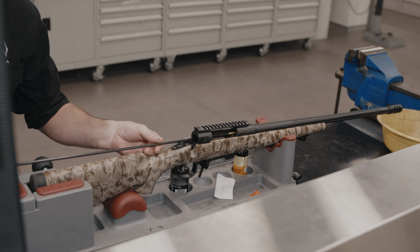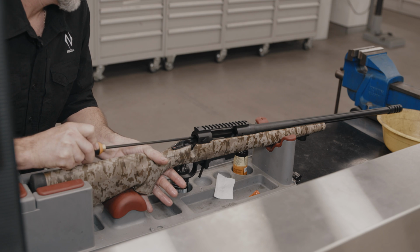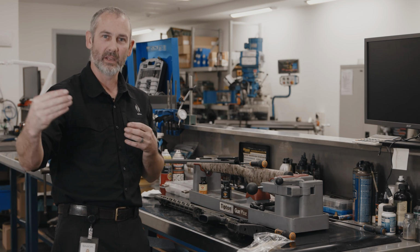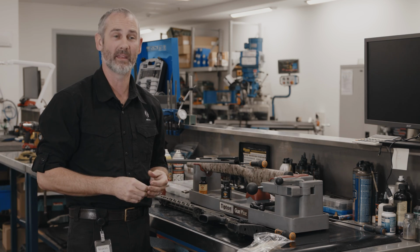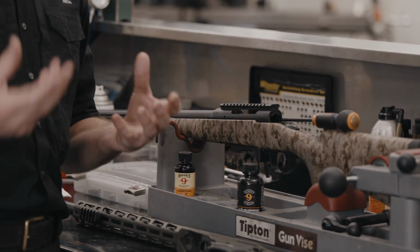From the chamber end, we push that patch through. So we only want to take these patches one direction. If you push a patch halfway through your bore and decide that you're going to bring it back, quite often it'll crumple up and it'll jam in there. A single push right through the bore is going to soak the bore, and we're going to let that sit